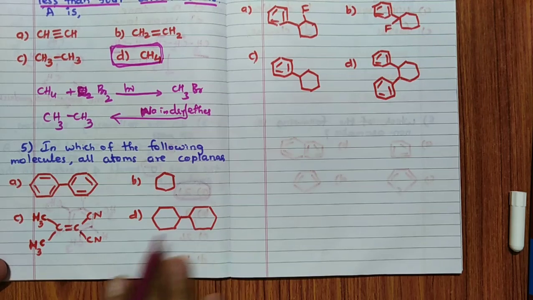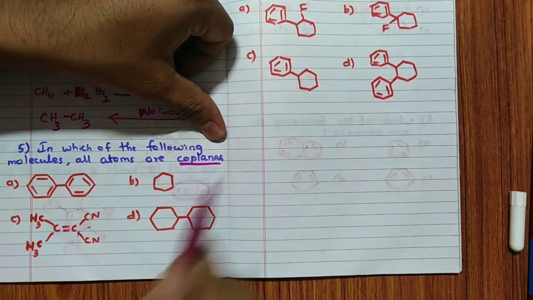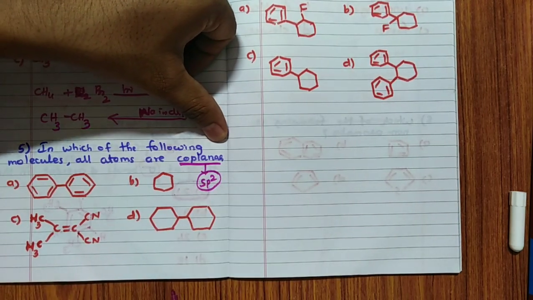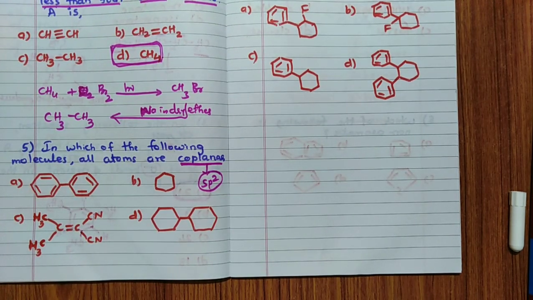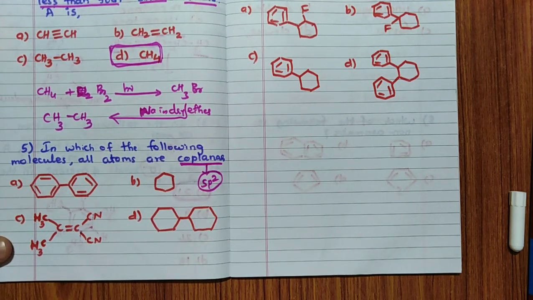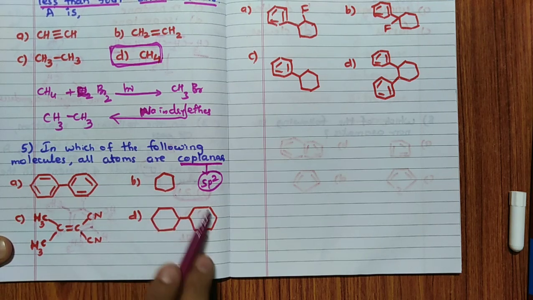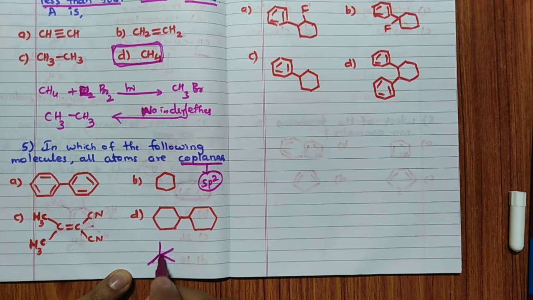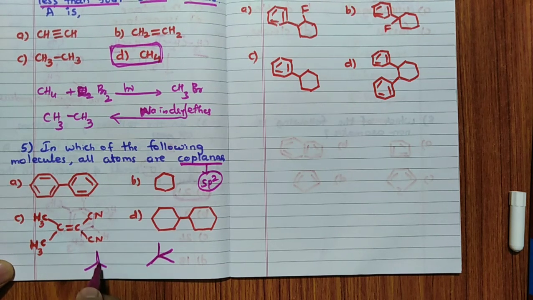Now, in which of the molecules all the atoms are coplanar? Remember, all the atoms are coplanar, they are telling. So coplanar means all carbon atoms should be sp2 hybridized. Very important. If there is sp2 hybridized carbon, then only you can say coplanarity. Now you can see in this all these are sp3 because single bond. This also sp3. sp3 means we know the carbon atom structure will be tetrahedral. Tetrahedral means it is not on the plane. Remember, sp2 is trigonal planar, on the plane. So hence this should be the answer.